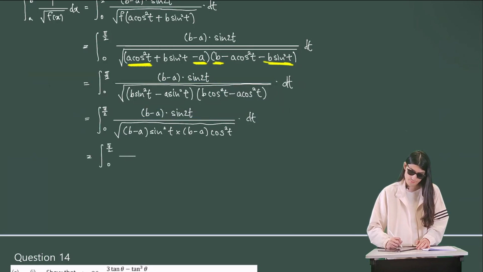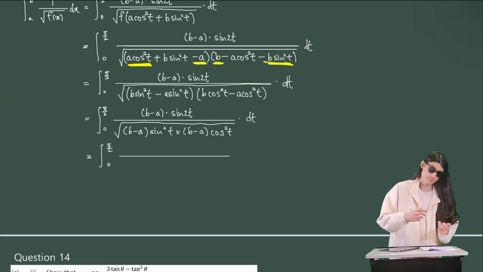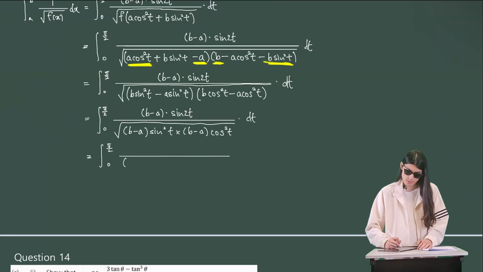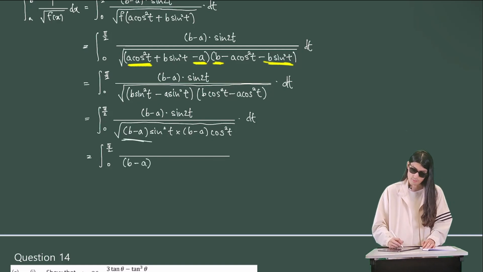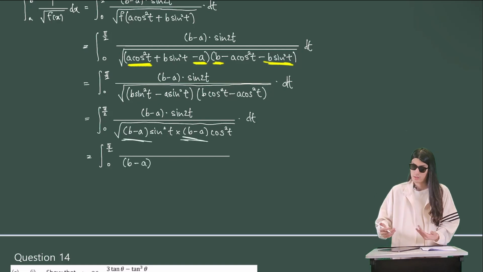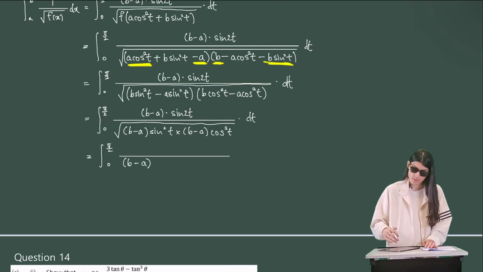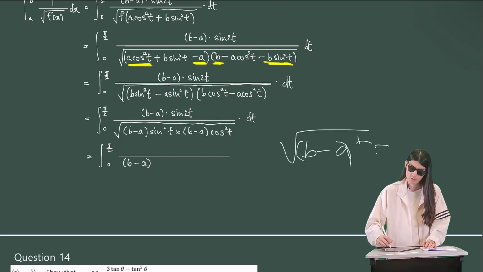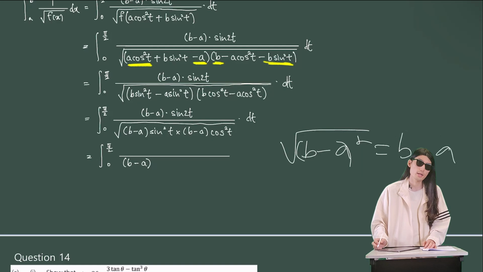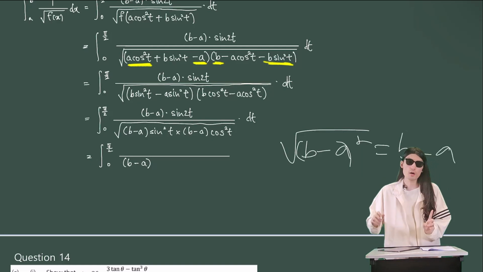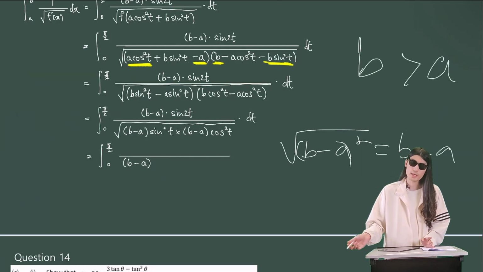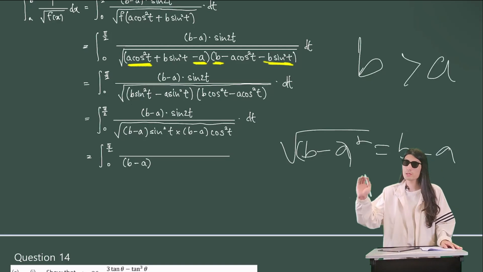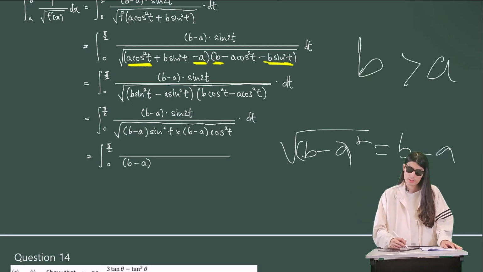Such that we can remove the square root, because under the square root we have b minus a, we got two of them, b minus a squared. So take the square root of that, right? And then we get b minus a. Okay? Square root of b minus a squared becomes b minus a. Right? And here we know this because b is larger than a from the question. So b minus a is a positive number. Similar